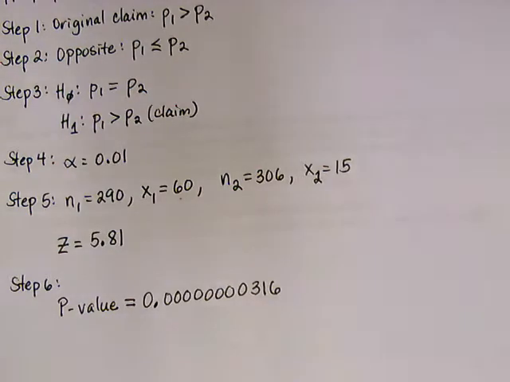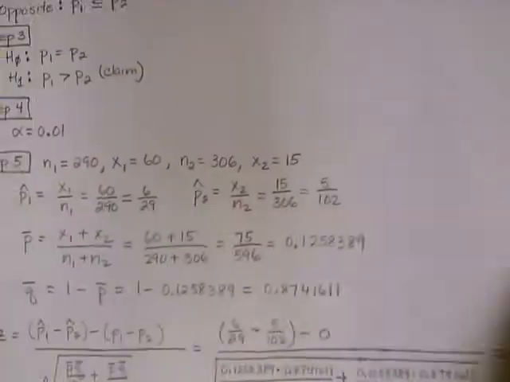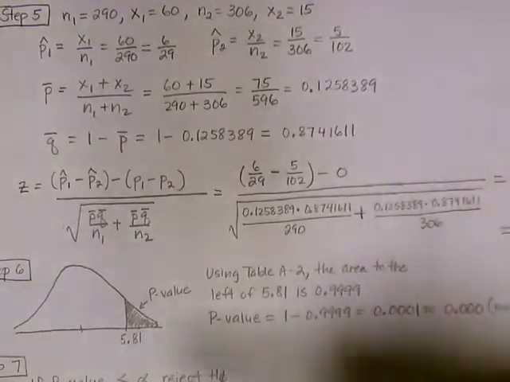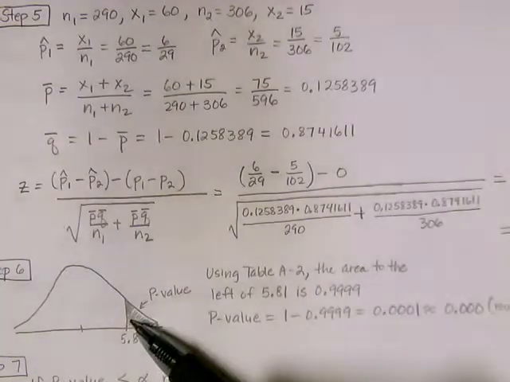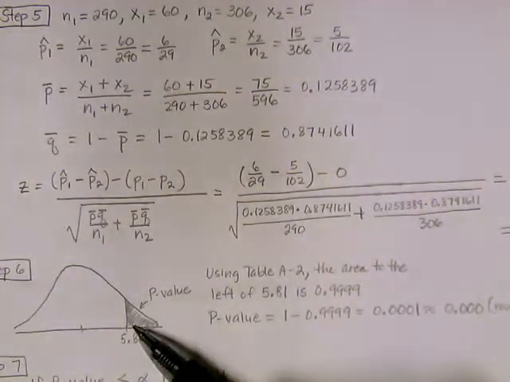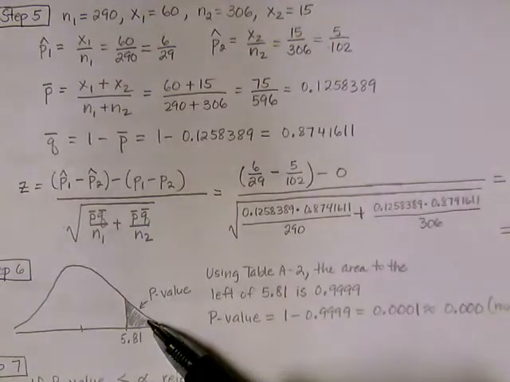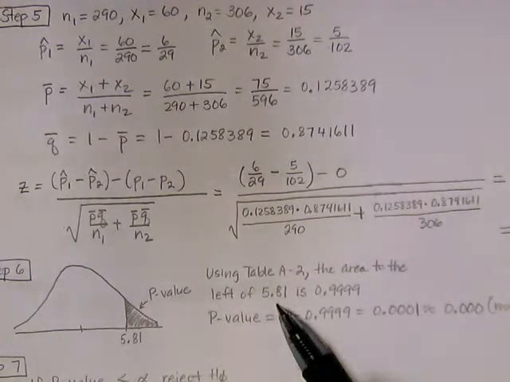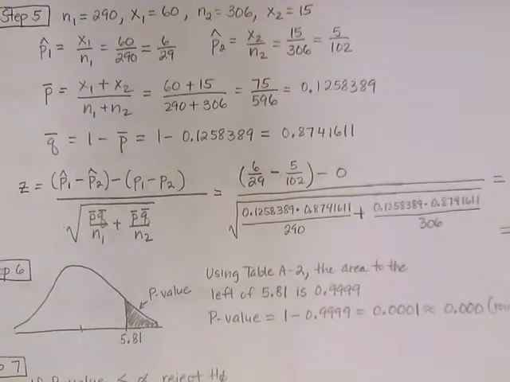Now, if you were to use table A-2, you have to draw a normal curve, and the test statistic is this area to the right. Okay, because your alternative hypothesis was greater than, so that means that this is a right tail test. So we're looking for this area to the right. And by looking at table A-2, you'll have to find 5.81, which you're not going to find, because in this case,